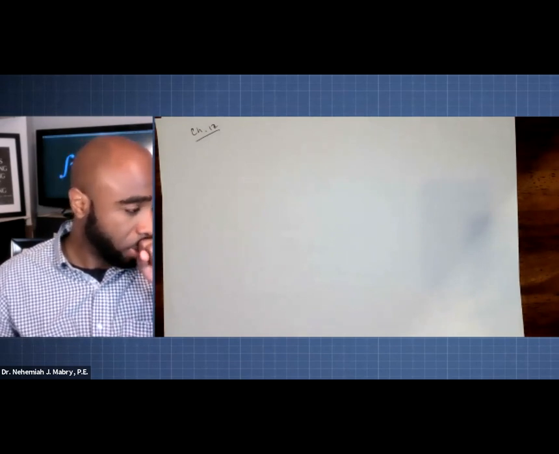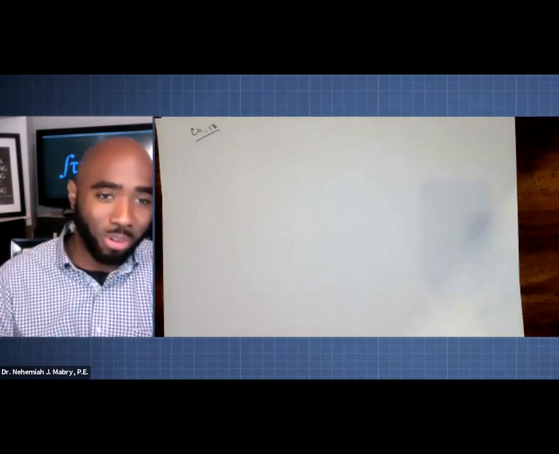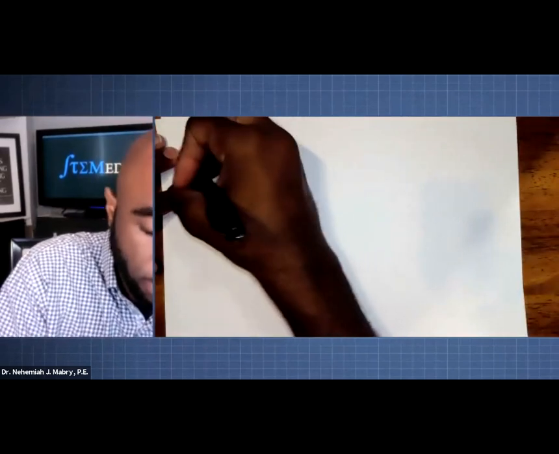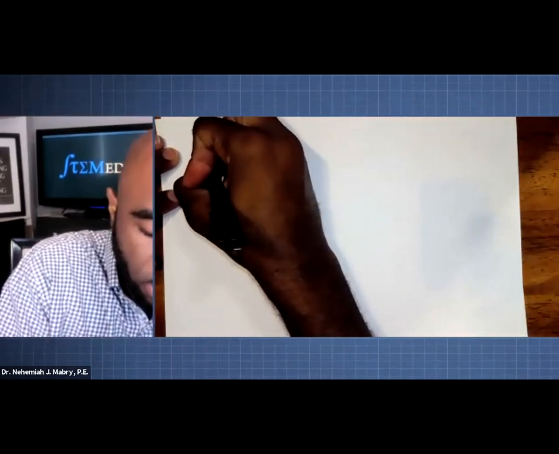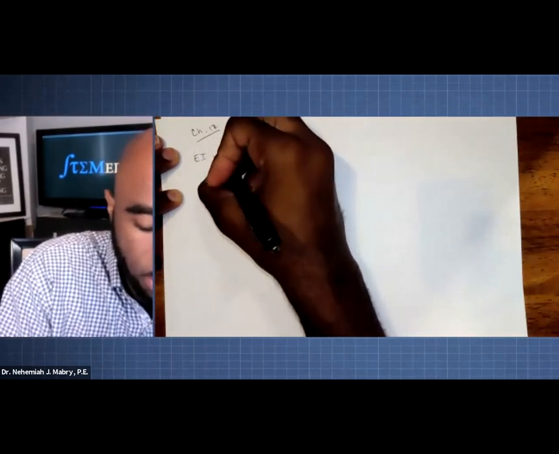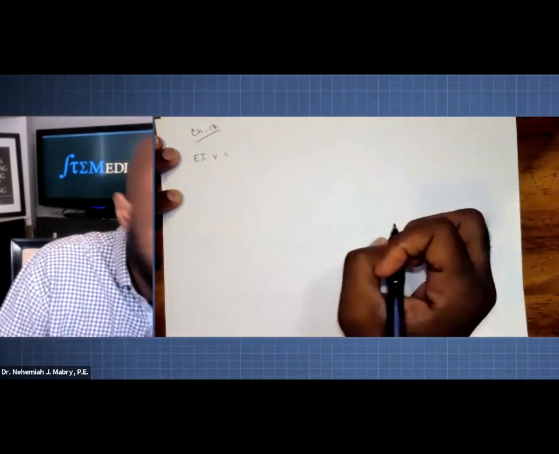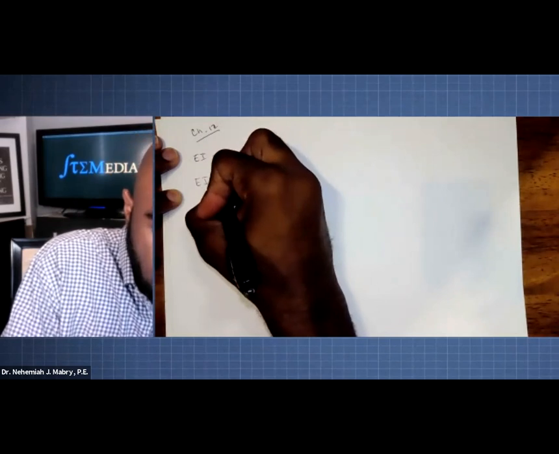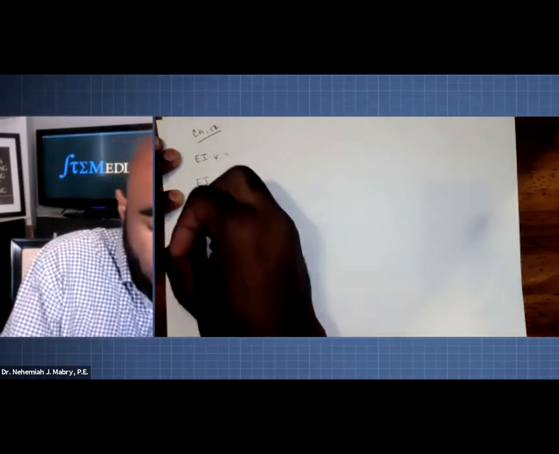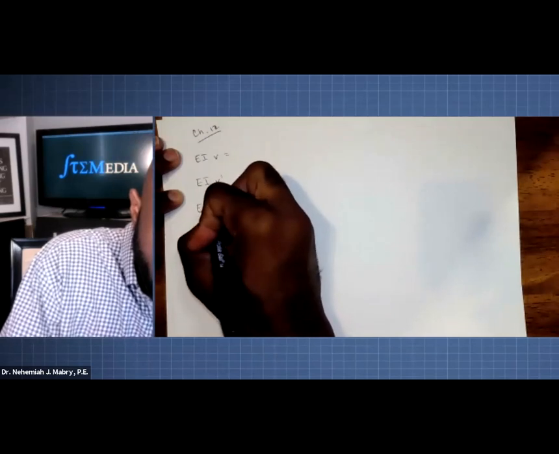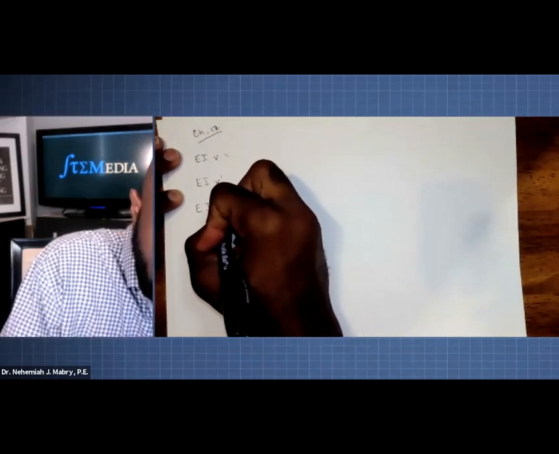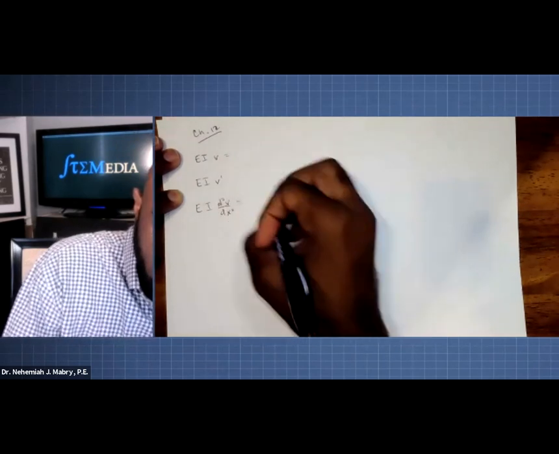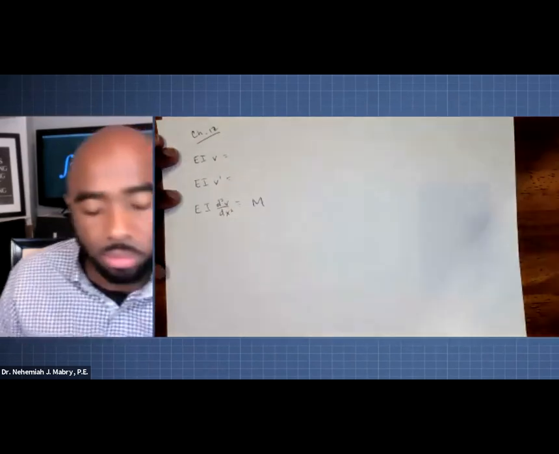So what we're doing here in chapter 12, you all remember this. This is when we want to find the deflection, or let me say the elastic curve, EIv. We need to find the slope equation, EIv prime, or when we're trying to find the moment, which is usually where we start, EI d squared v over dx squared. This is usually the moment equation.